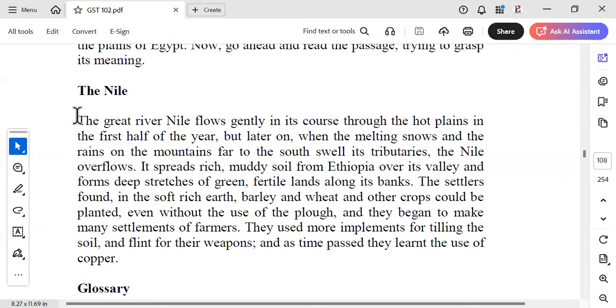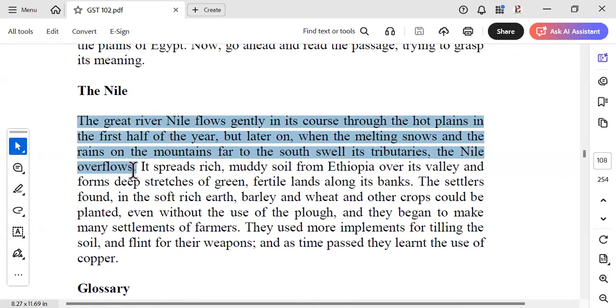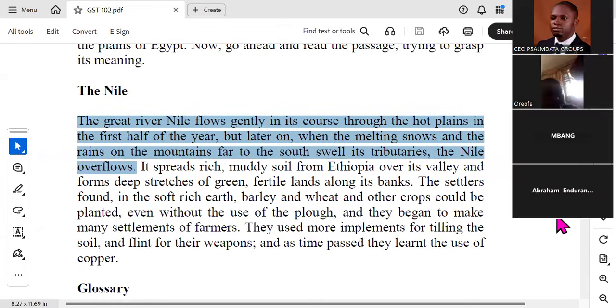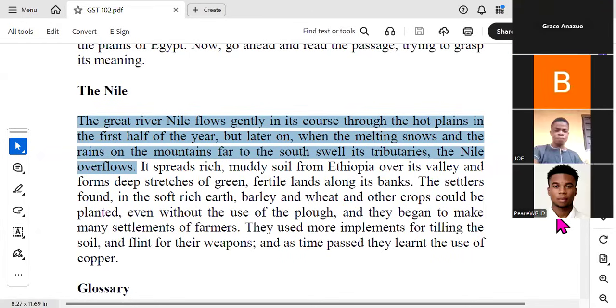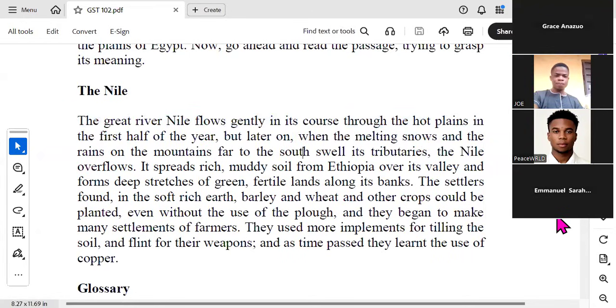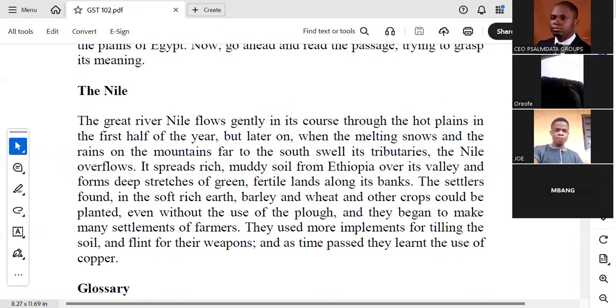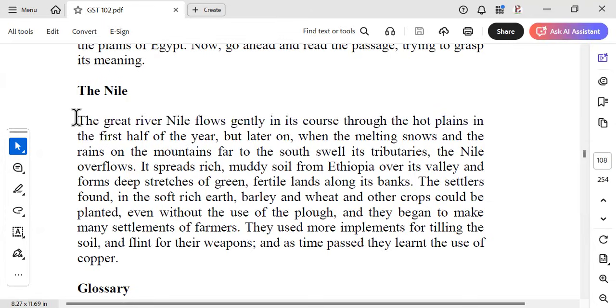So now, in sentence one, we've done this yesterday, so let's not waste time, please. Is Joe in the class? Joe was the main contributor in the class yesterday. If Joe is in the class, I think the class will go fast this afternoon. Thank God Joe is here. Good evening, Mr. Joe. You're welcome. You help us a lot here today. Let's not waste time today.